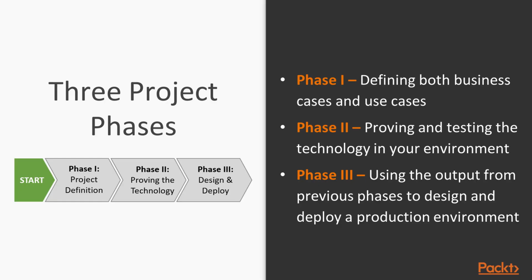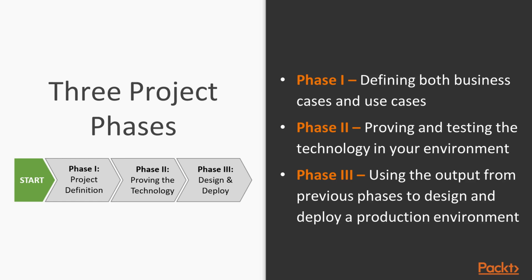Just before we look at the phase 1 in more detail, let's quickly outline the 3 project phases. To understand the project process, we're going to break it down into these 3 key phases. Let's have a look at those phases in a bit more detail, and the first phase being project definition. And in this phase, we're going to look at the business elements of the project, identifying both business and use cases. We will also conduct an assessment to understand the current environment, both from a user's perspective and also an